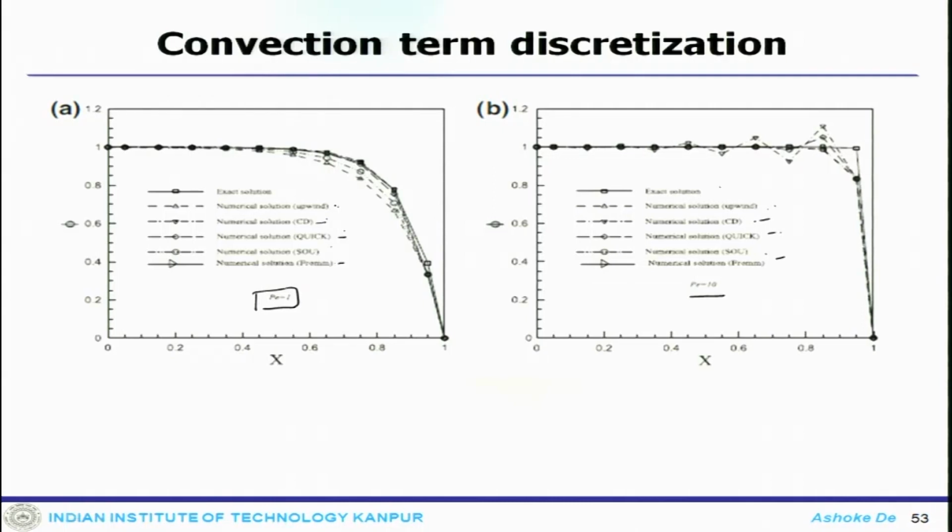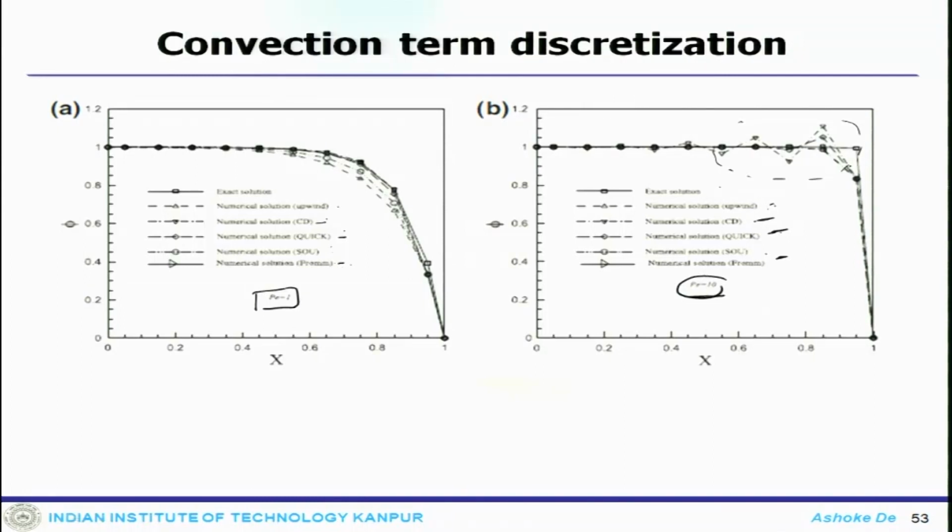Now, the solution of this scheme is slightly more accurate than second order upwind, and obviously it is going to be more accurate than the first order upwind also. Now, when you look at CD, QUICK and Fromm, they show some wriggles in these locations of the solution. So, here the solutions obtained by the first order upwind and the second order upwind, their profile being the most accurate, close to the exact solution.